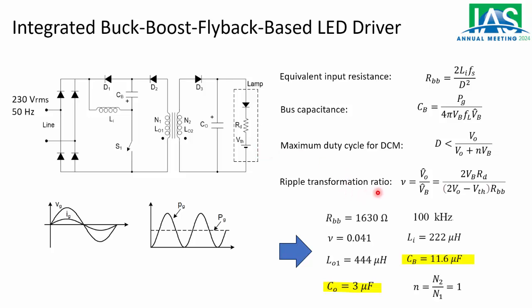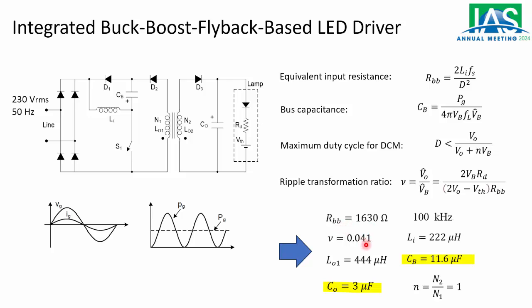And another important parameter is what we call the ripple transformation ratio, which is the ratio between the peak-to-peak voltage ripple here at the output, this factor here, over the peak-to-peak ripple voltage at the bus voltage. So this is the factor that we have, and with all these equations we can do the design and finally